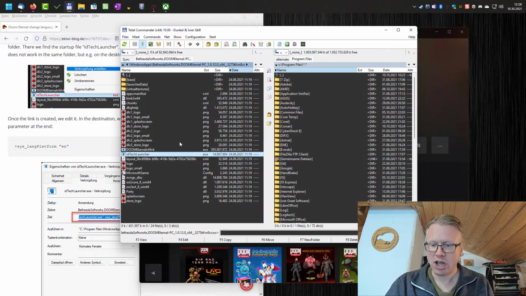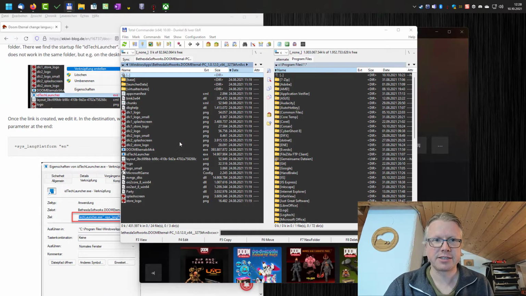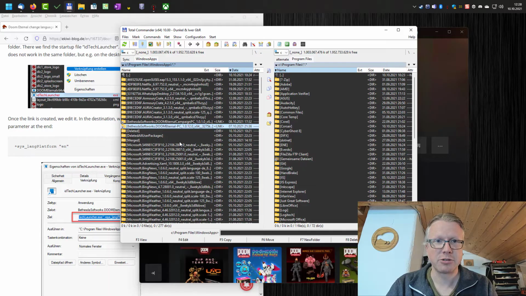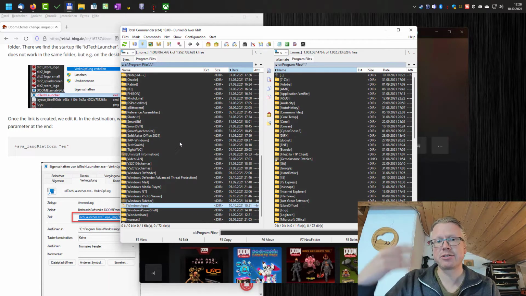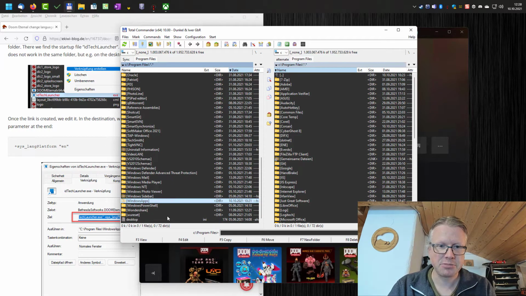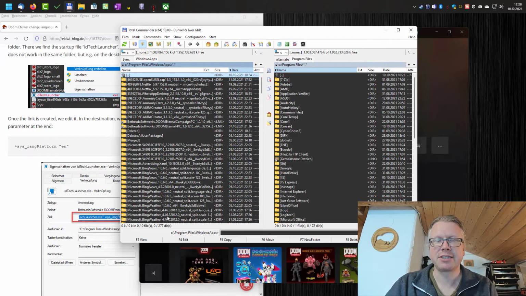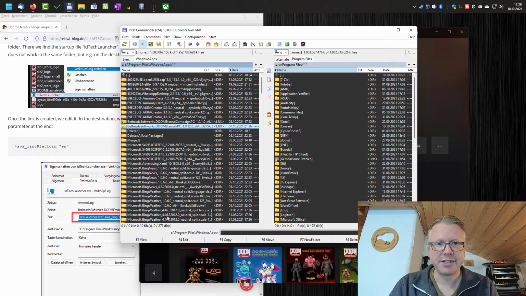So I had a look on my computer, and I'm using the Total Commander here, because you cannot easily access these folders here with the Windows Explorer. So the Xbox app, the Game Pass app, installs the game here in Program Files, Windows Apps. As you can see, there's an exclamation mark on the folder, so it's not so easy to access the folder. You need admin rights. And now you find here the Bethesda Softworks Doom Eternal PC version link